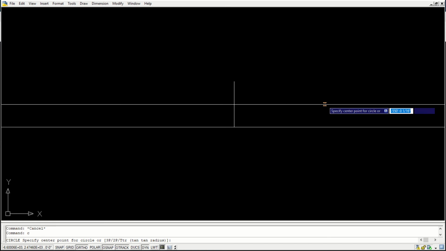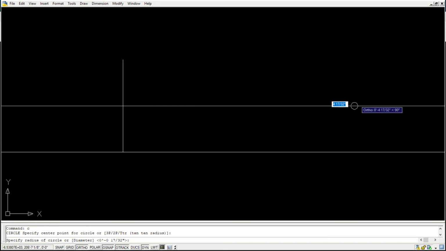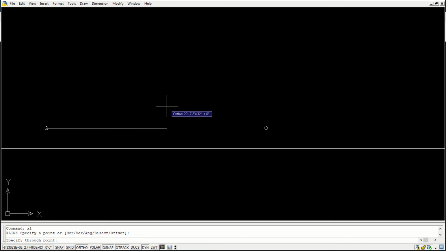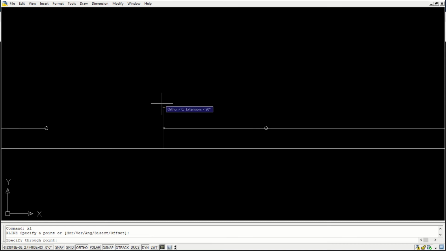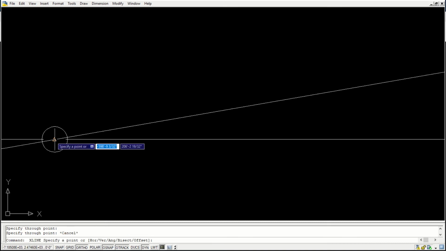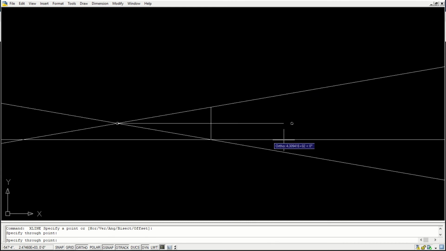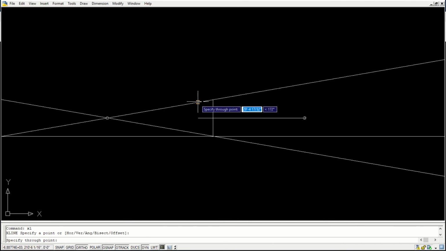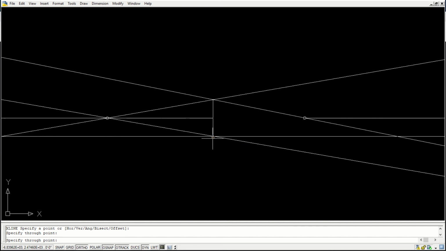Okay, and then I'll mark vanishing points, one on the right, one on the left. These two vanishing points will determine the perspective frame. Using the vanishing point on the left, I will draw the frame for the right. Using the vanishing point on the right, I'll draw the wall on the left.